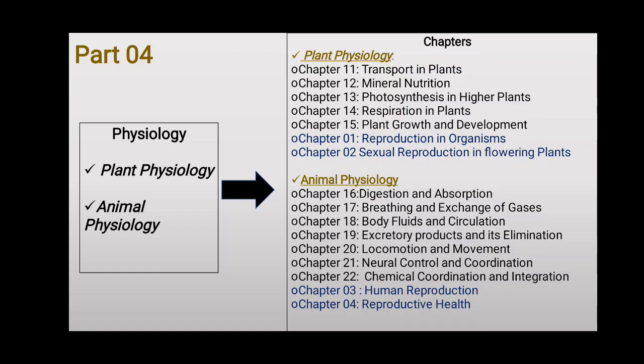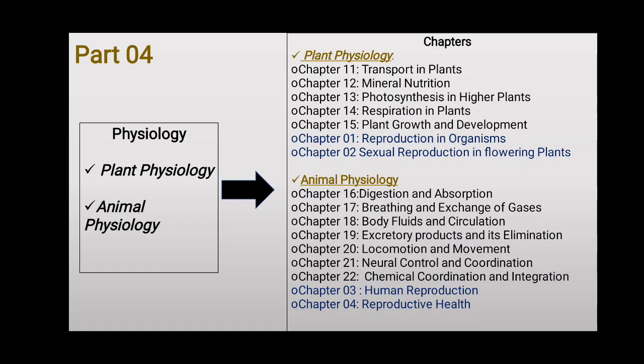When we talk of plant and animal, we have many chapters. This physiology contains about 1 2 3 4 5 6 and 7 plus 8, 15, meaning approximately 40% of the syllabus is physiology. When we talk of plant physiology, it is necessary to study transport in plants: how the water and the molecules are transported, and how plants, which take glucose as food, transport it from one place to another. The next thing is mineral nutrition. Minerals are absorbed continuously from the root, and how they are transported, what are the toxic nutrients, what are the beneficial nutrients,